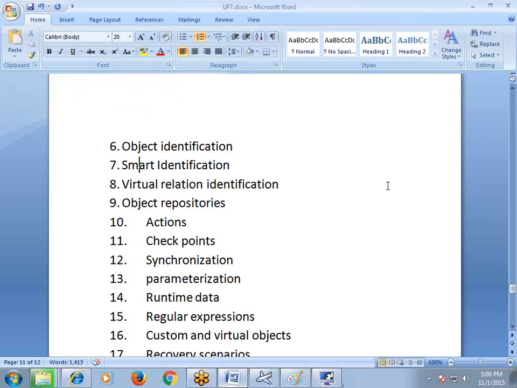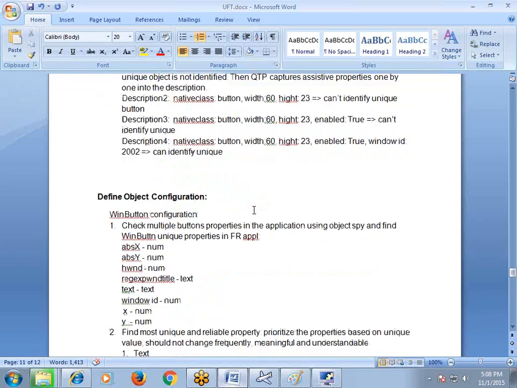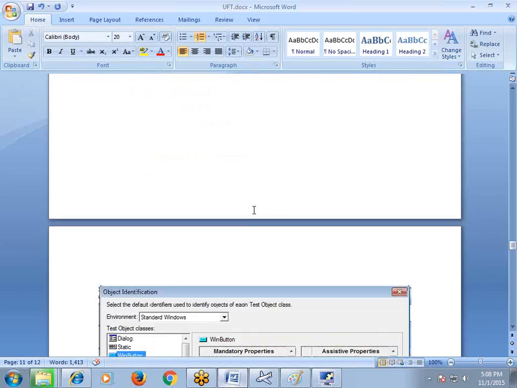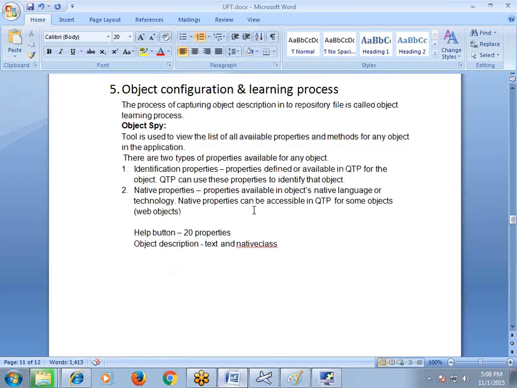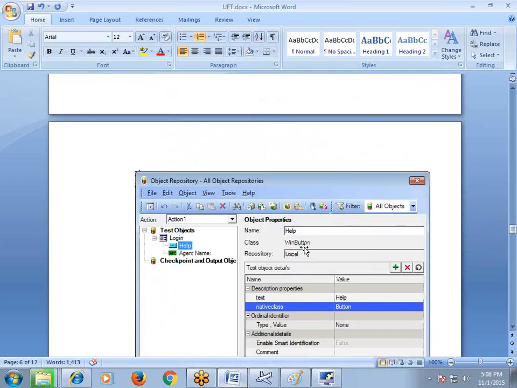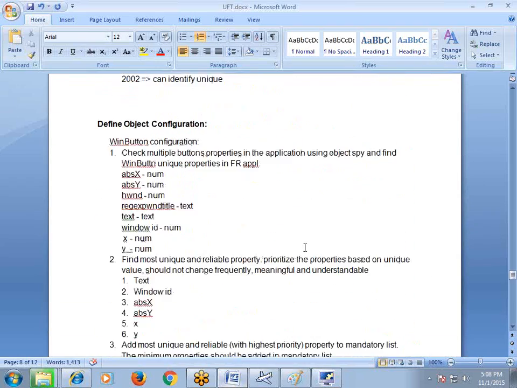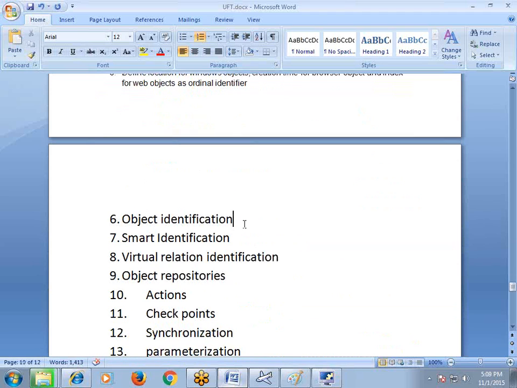Okay. Now the next step is object identification. The next concept is, what is object identification? About this we discussed already during the execution process. In the execution process we discussed how QTP identifies objects at runtime. Is it right? Now let us discuss in detail about object identification here. See how QTP identifies objects. For example,